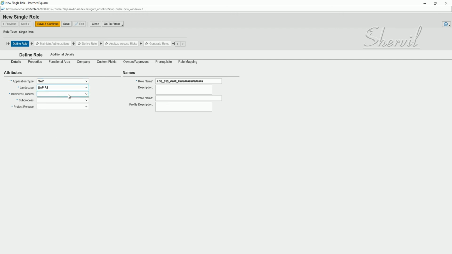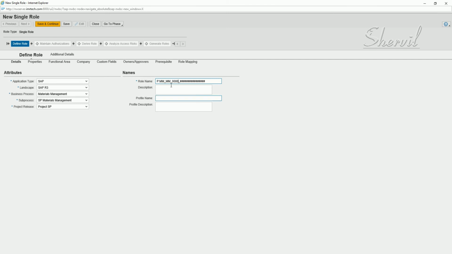So SAP R3, and now from a business process, let's select materials management. And now this time, let's say the sub-process, select the project release, and then let's go and start defining the role. Let's say we say 000.